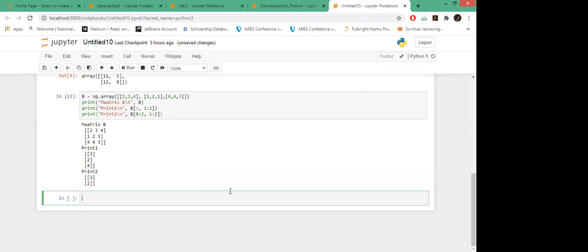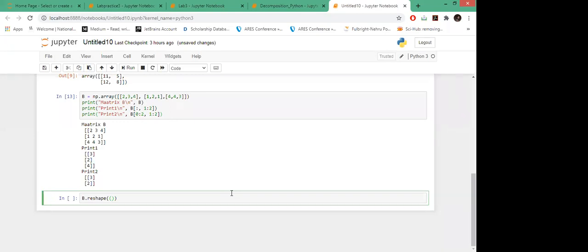For reshaping, suppose my B was 3 cross 3. I will use the command b.reshape, and in this I will enter the size in which I want to reshape my array. While reshaping, we must keep in mind that the number of elements in the original B should equal the number of elements in the reshaped array.